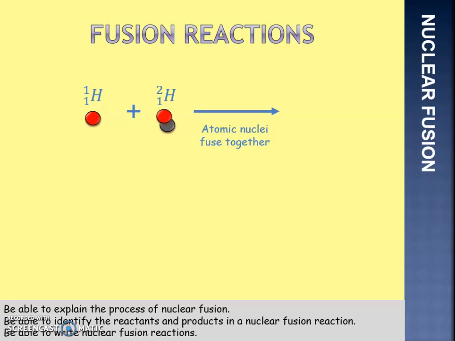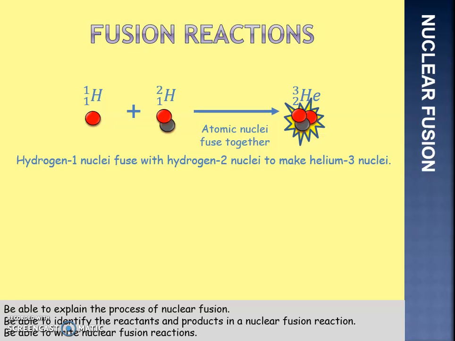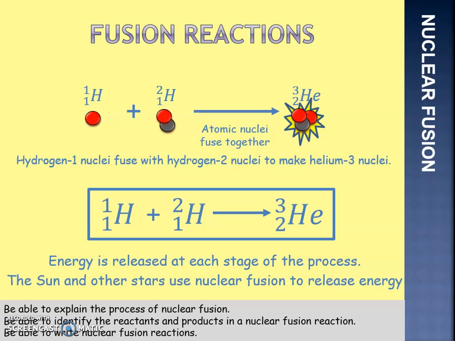Fusion reactions, we get these nuclei fusing together, and what do we form in this case? If we get 2 hydrogen atoms fusing together in that case, what do we form? That forms a helium nucleus. Hydrogen 1 nuclei fuse with hydrogen 2 nuclei to make helium 3. That's our equation as we'd write it. So when we're writing it as a symbol equation, that's how it's done. At each stage of that process, energy is released. Now this process is used by the stars and the sun to release energy, so that's where their energy comes